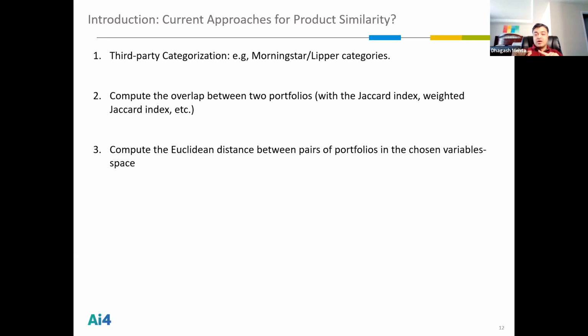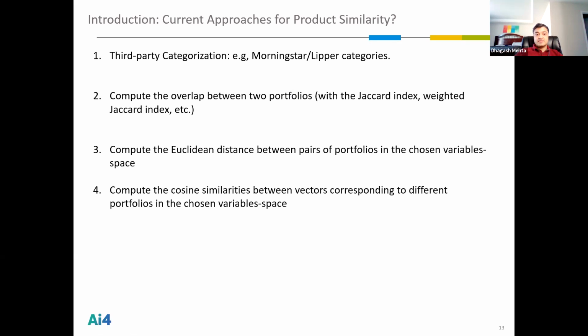And then you are just computing the Euclidean distance between any two mutual funds when you are talking about similarity. If the distance between two mutual funds is smaller, then they both are more similar, as opposed to a pair of mutual funds between which the Euclidean distance is larger. So there is a more mathematically rigorous definition of similarity, Euclidean distance, as opposed to say Jaccard index.